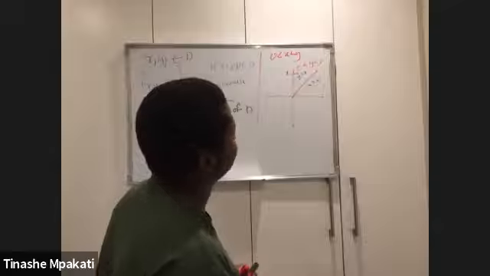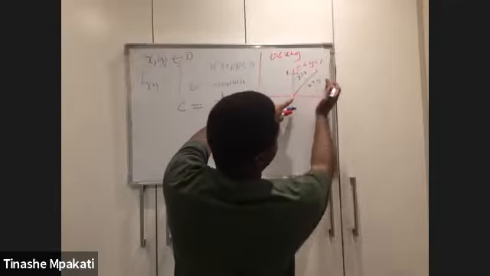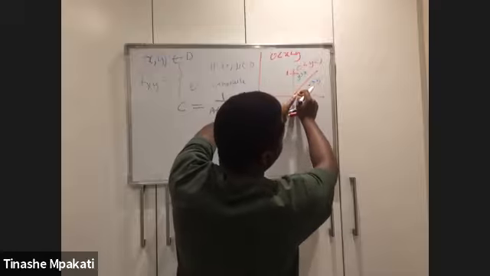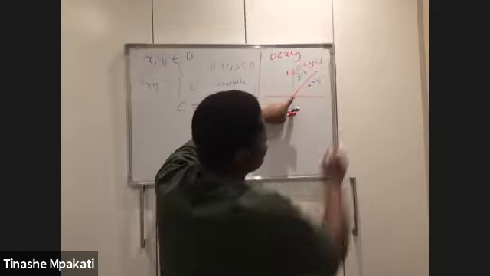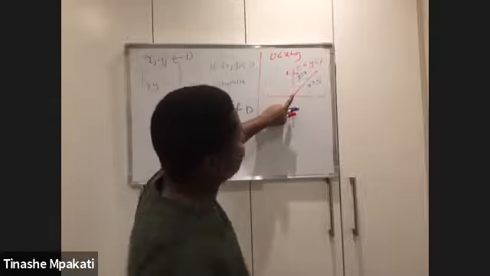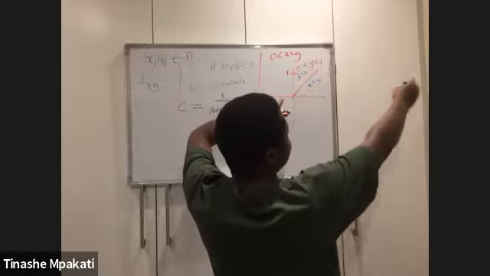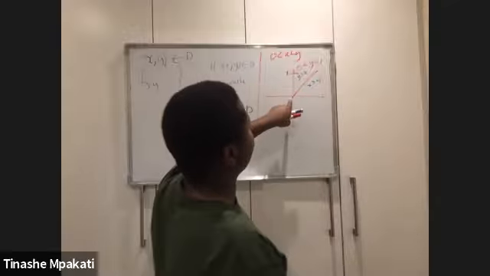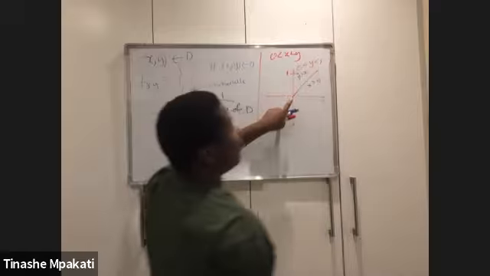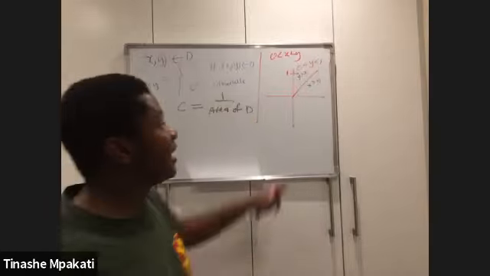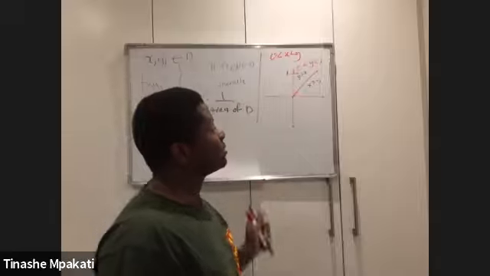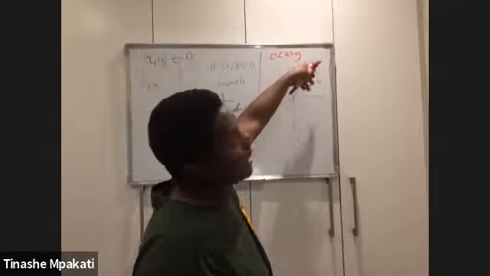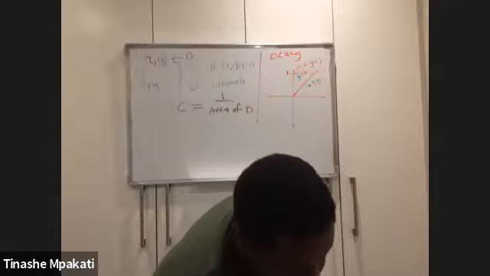Why is that the reason? This is because if I'm considering this part here, my Y is equal to 0 here, but I can move forward, my X will be increasing, but my Y will still just be 0, which means all the numbers that I will have going along here, my X will always be greater than my Y. Why? Because my Y is 0. But in this case here, my X is 0, and as I go up there, my Y will be increasing, going to infinity, and my X will still be 0. So that's why your Y will always be greater in this region on the top side, and your X is greater down here.